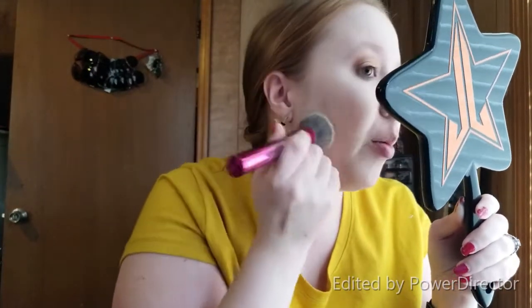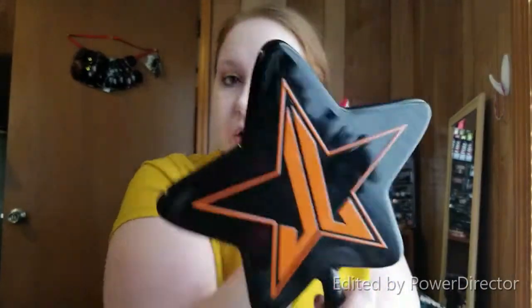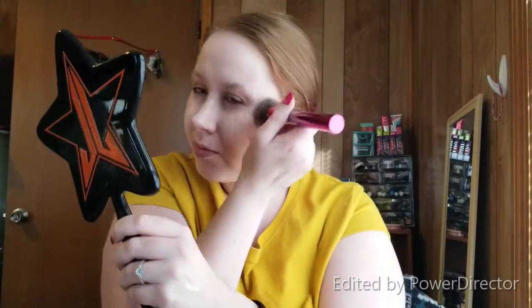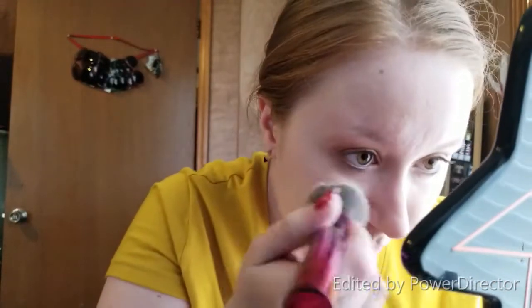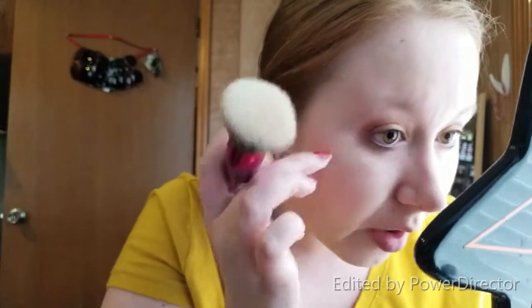over my cheeks to build up, it is kind of looking similar to the Tarte hydrating Shape Tape BB cream, whatever it is that I have. So I'm afraid that this would start to break down relatively quickly if it wasn't, you know, really well set with powder, at least on me. But across my forehead, it's not looking terrible. It's not the best, but maybe I did need a little extra moisturizer because that's just my bad spot, we'll say. So I'm going to show you over here in natural lighting